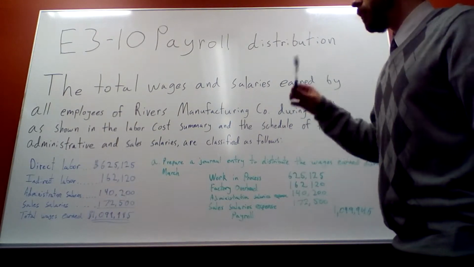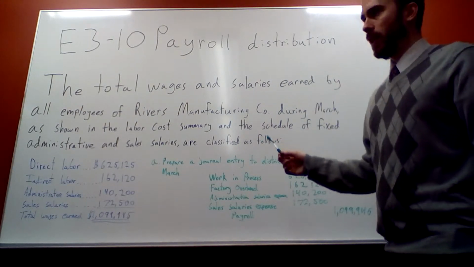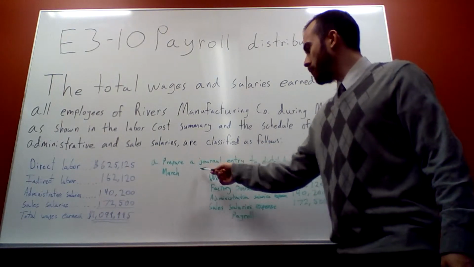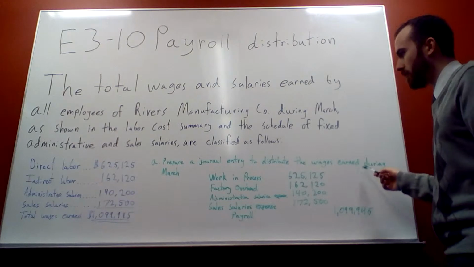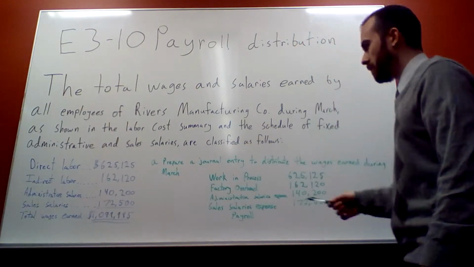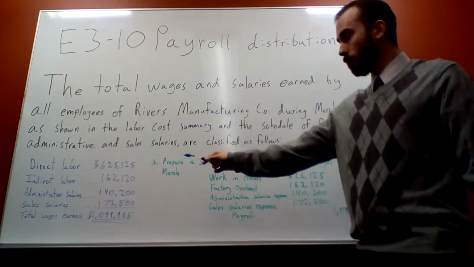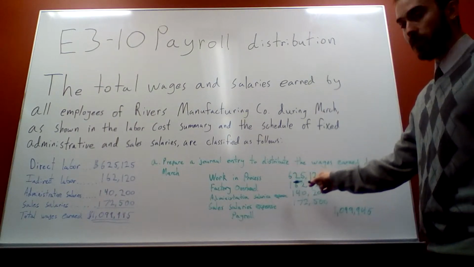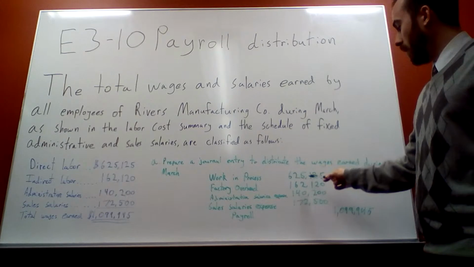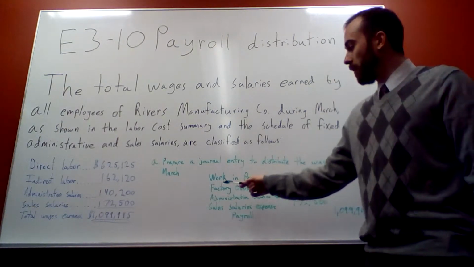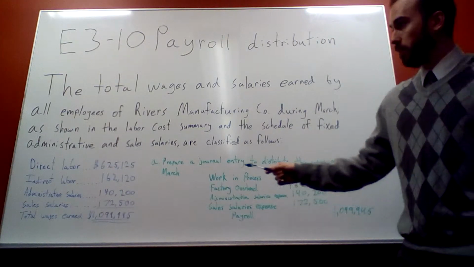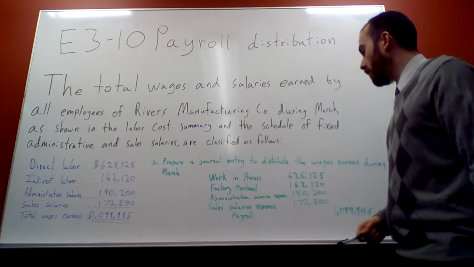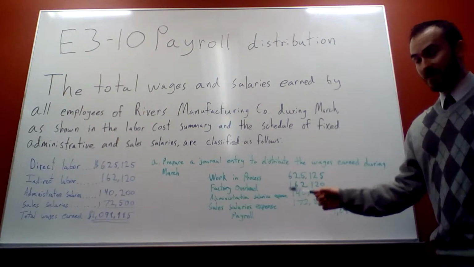So we're just doing A, and I can discuss B a little bit too. A: prepare a journal entry to distribute the wages earned during March. On this one, the direct labor becomes work in process. So we're going to debit work in process for the $625,125. Indirect labor becomes factory overhead, so we're going to debit factory overhead for the